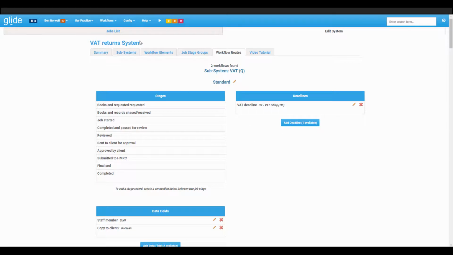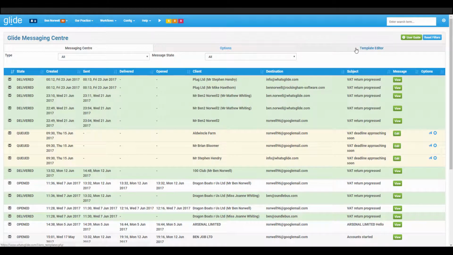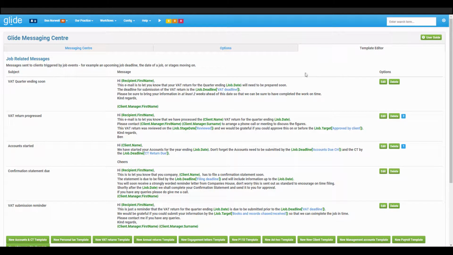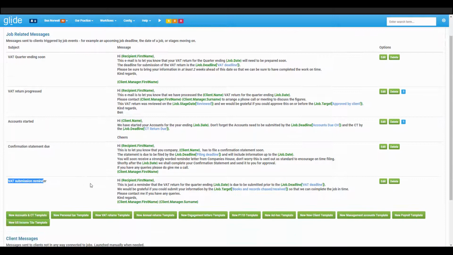I just want to quickly go over and click on the menu that's labeled with the firm name and click on the messaging system and go to the template editor. This is again covered in a separate video, but here are the templates that I have set up currently. So the one that I selected just now was this one here, that submission reminder. An important thing to remember with the alerts is that, and I'm just going to click edit to open up this